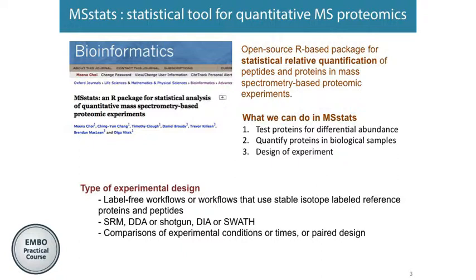And this is quite the most frequent question: what type of experiment can MSstats handle? The first one is the label-free workflow, which means label-free SRM. And then the label-based workflow, label-based SRM, which means stable isotope-labeled reference peptides. And DDA, or shotgun data. And then DIA, or SWATH data. So